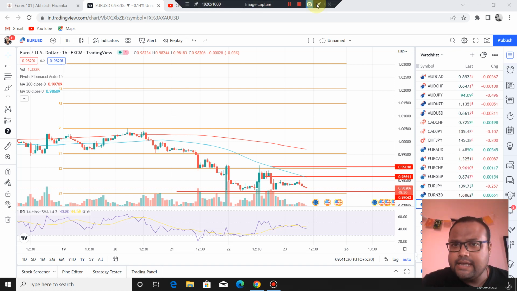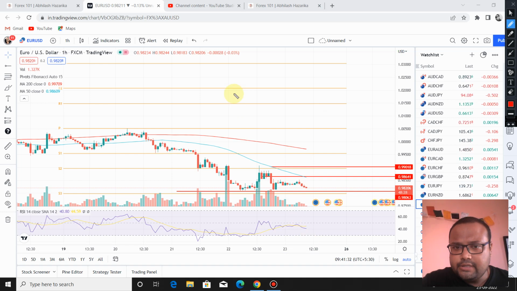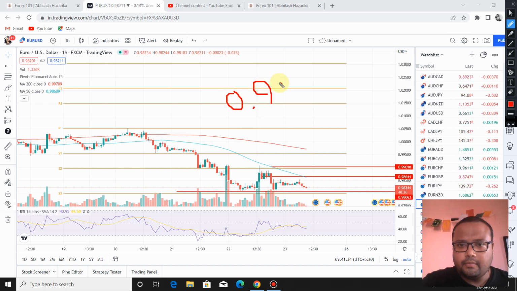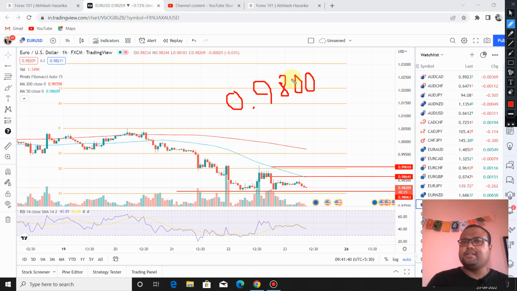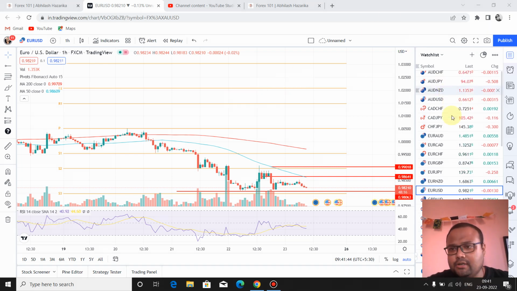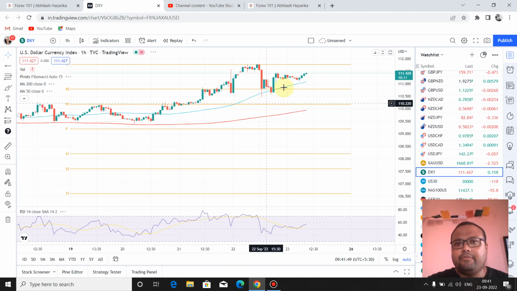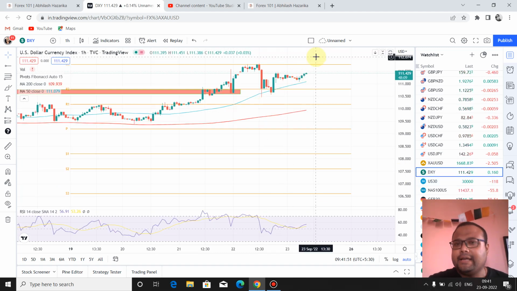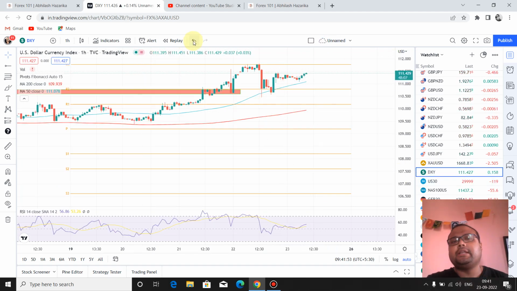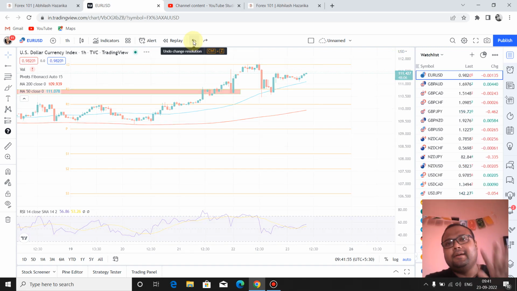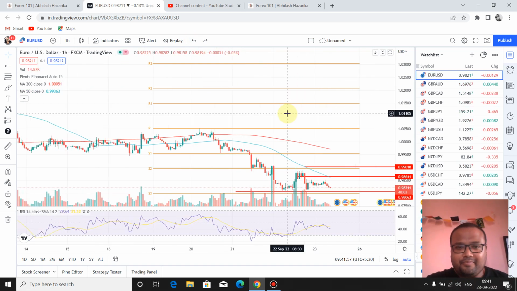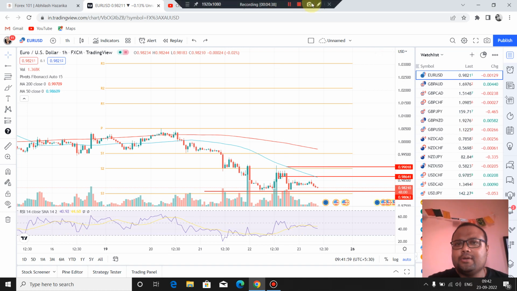So if the selling pressure continues, and if you see the market is breaking 0.9800 with a good amount of volume, means a big fat red candle, you get the confirmation that okay, market is going down again, and you can go for a sell position. You can take additional confirmation from DXY. If you see that DXY has formed a big green candle, you get the additional confirmation that okay, market is under pressure again. And on the other hand, if market goes up from here,